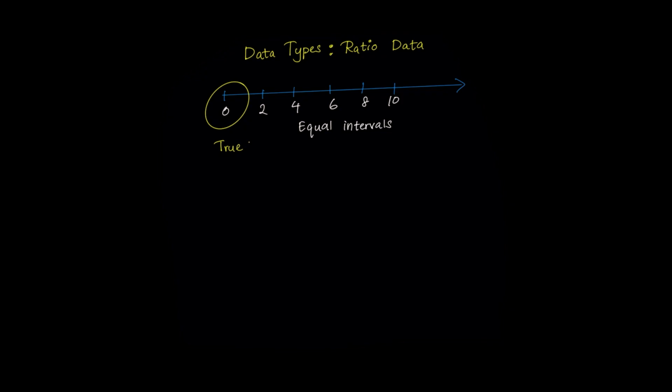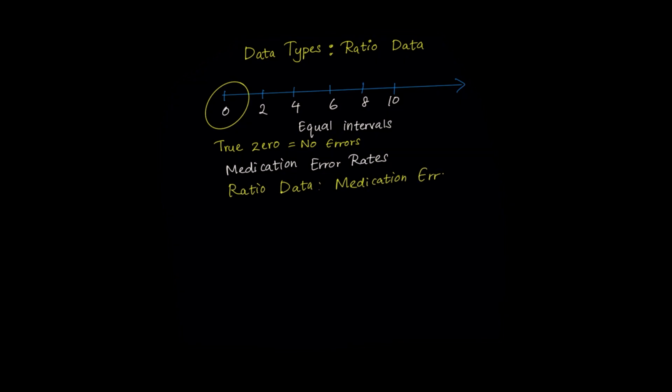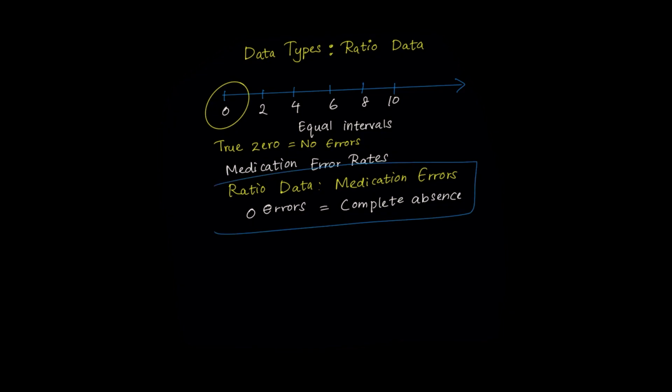Ratio data has two critical characteristics. It has equal intervals between measurements, and it has a true 0 point, where 0 means the complete absence of what you're measuring. When we say 0 medication errors, that literally means no errors occurred, which is fundamentally different from 0 degrees Celsius, which doesn't mean the absence of temperature. This true 0 allows us to make meaningful ratio statements, like one unit having twice as many errors as another